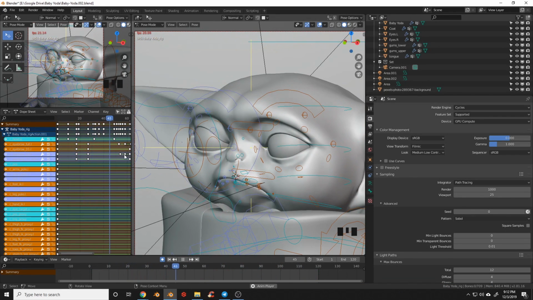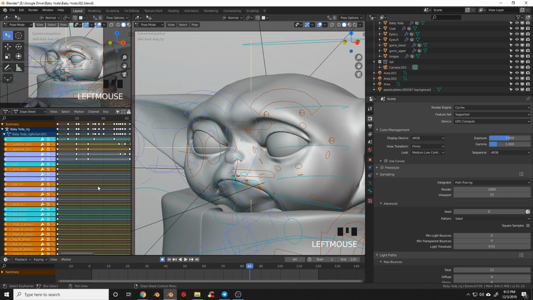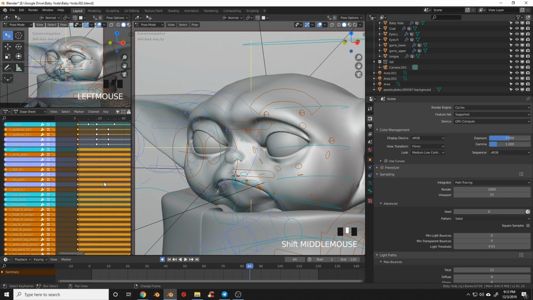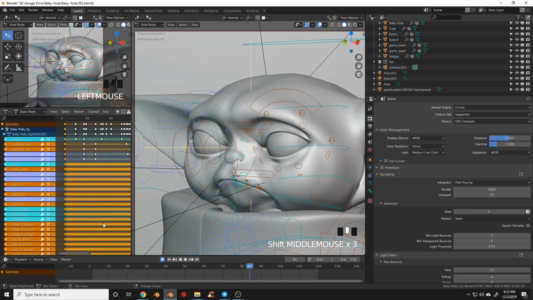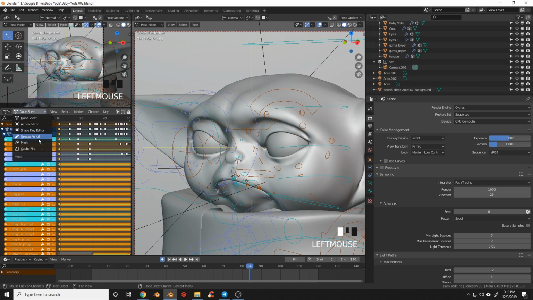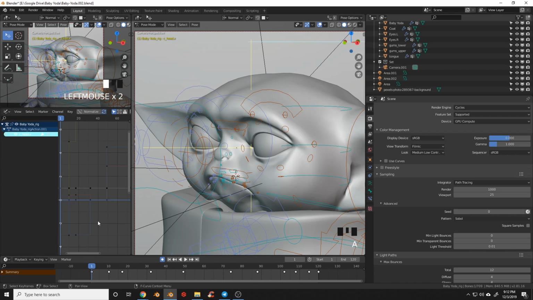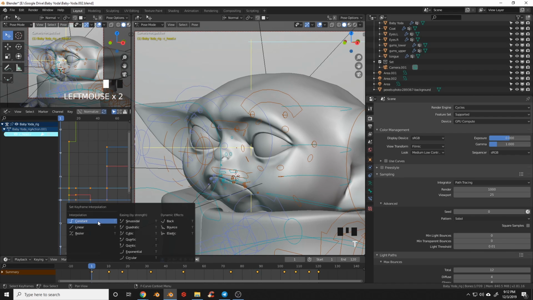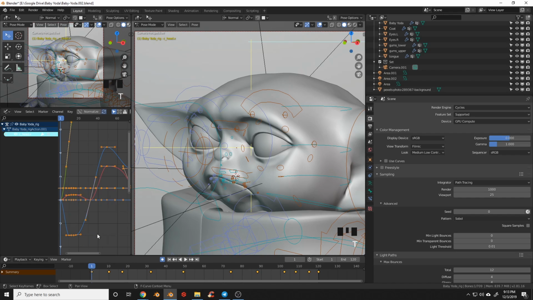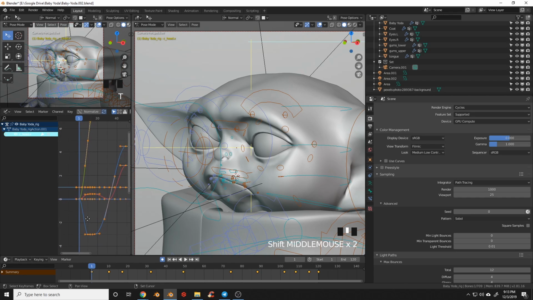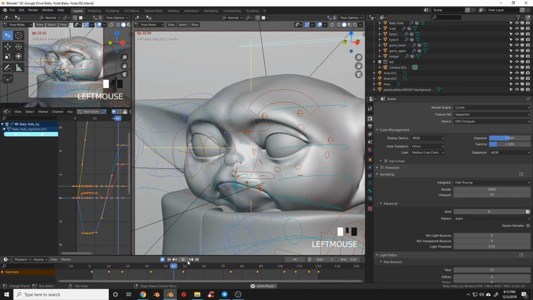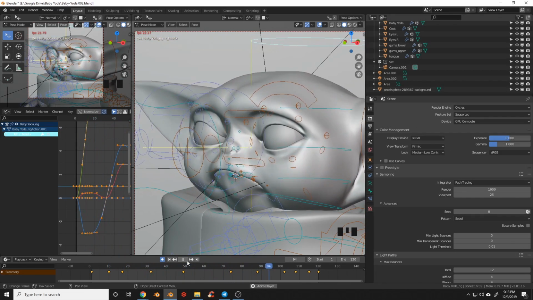So let's move on to easing. The dope sheet over here is great for grabbing keyframes, moving around, timing them, selecting them, copying them. But when it comes to easing and micromanaging our keyframes, we're going to want to go to the graph editor. So we can access that up here. Okay, so now that we can see the easing, let's turn it on to the default Bezier here. And this provides us with a little bit of easing, but it's still going to feel kind of sluggish. So let's play our animation back. And you can see that it feels a little bit better than the linear.